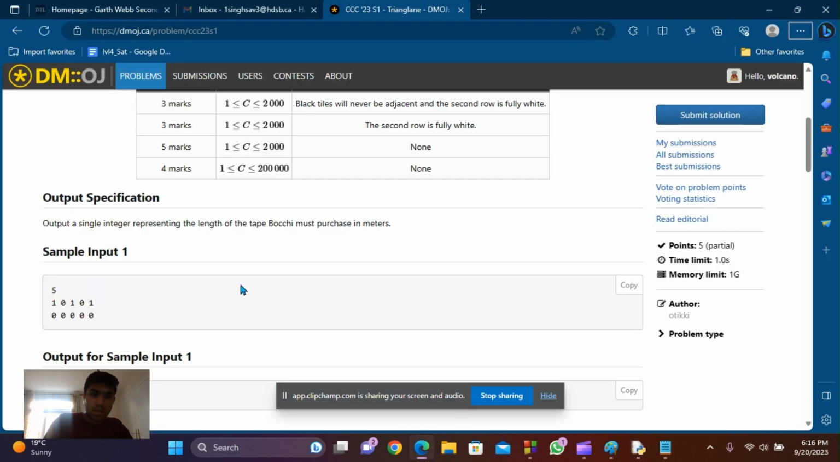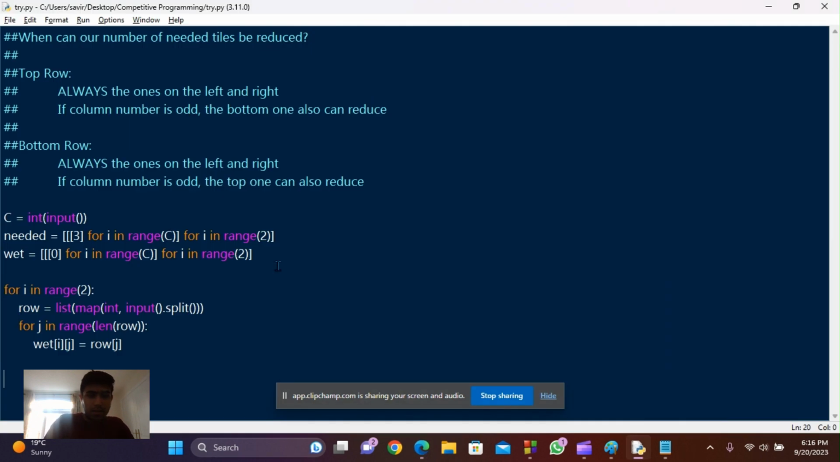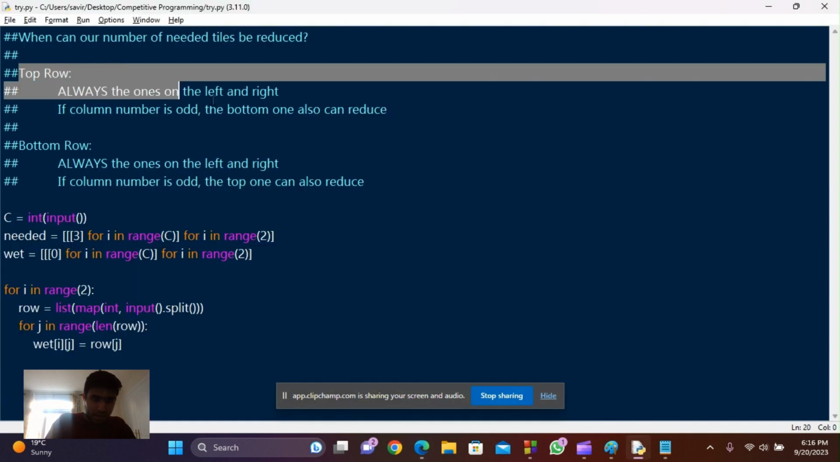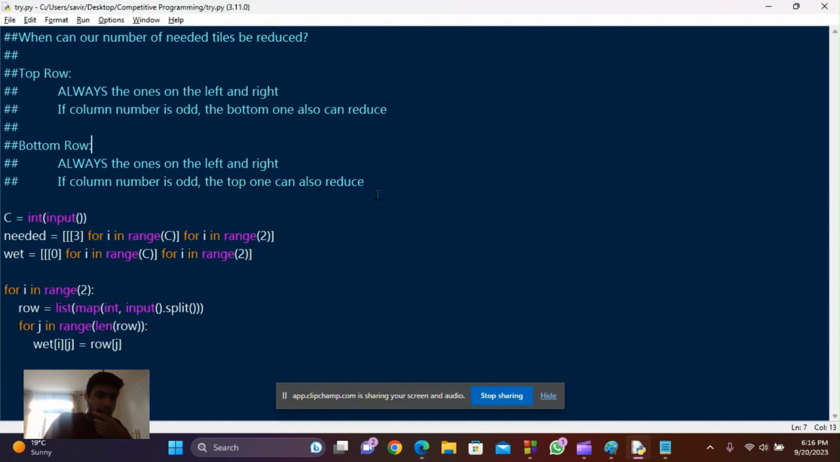The next thing we need to do is actually implement this idea, which is we'll first go through the top row. So we'll first go through I equal to 0, and what we'll say is always the one. Okay, so we need to go through C times, and what we need to do is